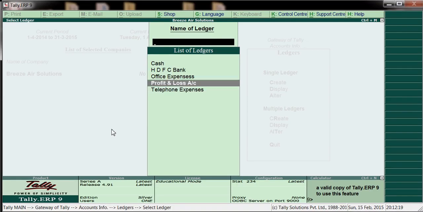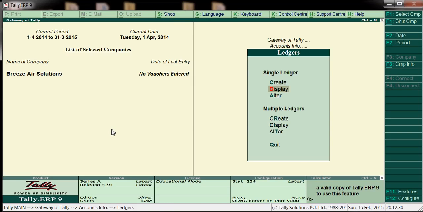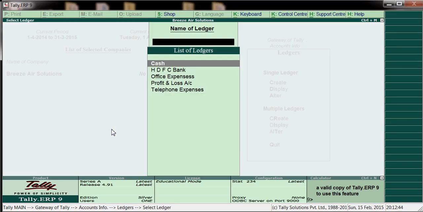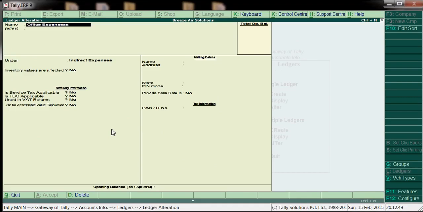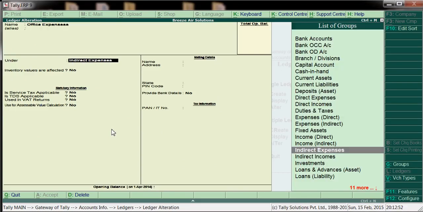By default, cash and profit and loss account will be there in the same list. Through display we can only see, we cannot change. If you want to make any alteration, go to alter. For example in office expenses, we can change the group or anything else. Now we don't want to change anything.